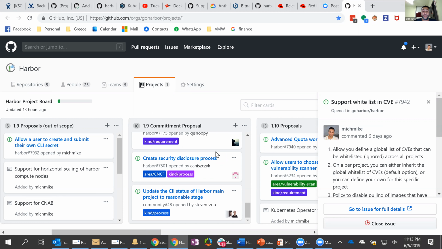There's a couple of other process items we're trying to look for in 1.9, things like the security disclosure process and penetration and security testing by a third party. I am working with CNCF on those. So we'll be able to, at least initially, make Harbor a better product, more security constrained, and maybe figure out better ways to harden production deployments.